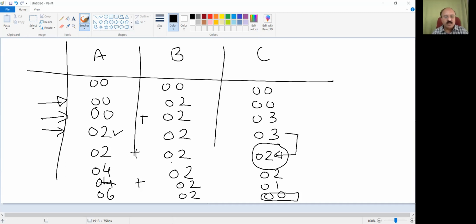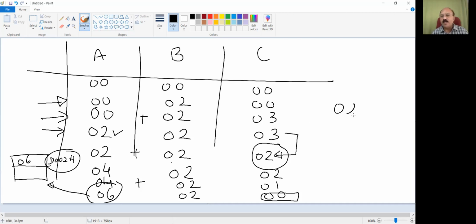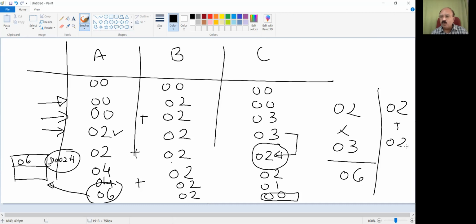So whatever the result in the accumulator, that is 06, should be taken and stored into the memory location D002H. Means what we have done? We have done multiplication of 2 and 3 by adding 2 three times.